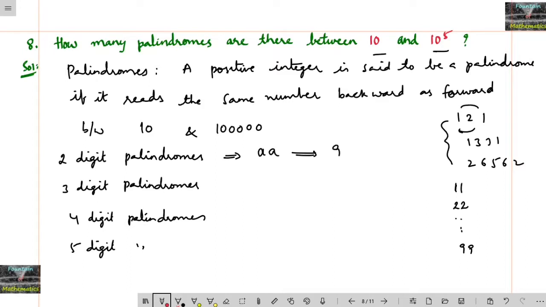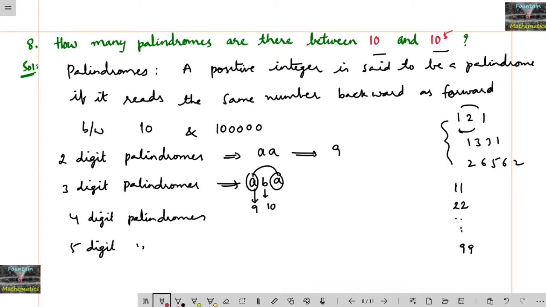Right? And coming to the 3-digit numbers. In 3-digit numbers, if the first number is A, the last number also must be A, and in between the number can be any other digit, any other symbol we can consider. Suppose the first place cannot be occupied with a 0, because otherwise it will not be a 3-digit number. So the possibilities for here is only 9, and if A is fixed here, the last will also be the same.